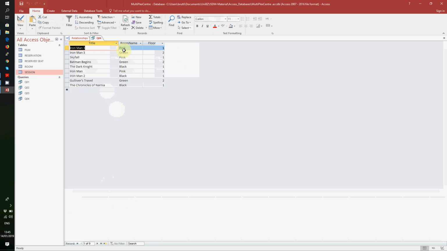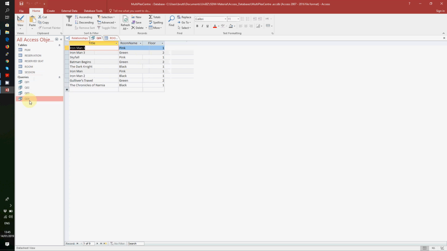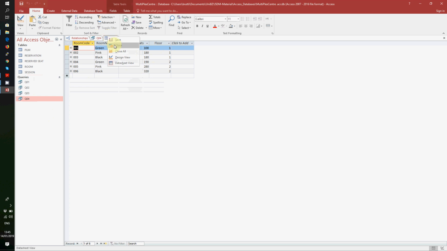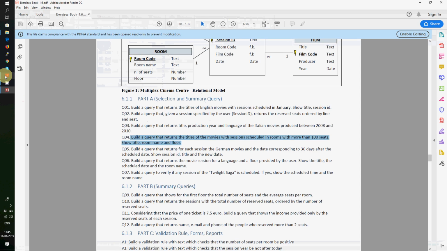So rooms pink and green have more than 100 seats, so I can check in the table rooms. Yes, there is pink at floor 1 and green at floor 2. I have different floors. Okay, green 2, black 1. Okay, should be okay. We close the table rooms, save, and close also this query. Number 5,